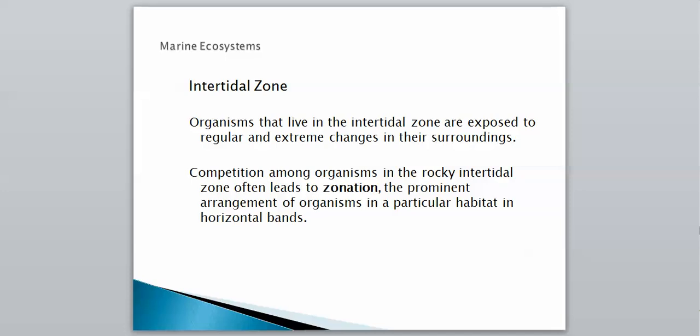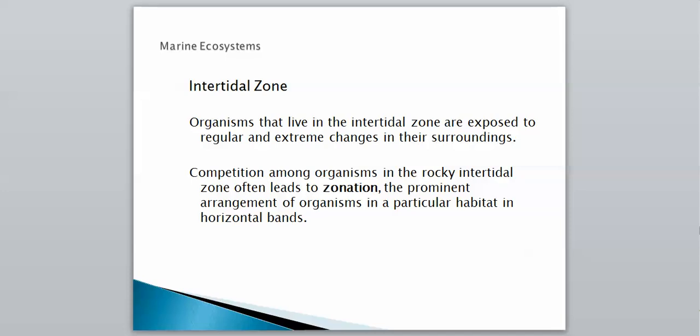So this is a part of the ocean that always keeps them on their toes. Competition among organisms in this rocky area often leads to what's called zonation, or the prominent arrangement of organisms in a particular habitat in horizontal bands. Since these organisms are constantly competing with one another, they know where they need to be, and they all take to one specific area, and we can actually see the specific area that they're in